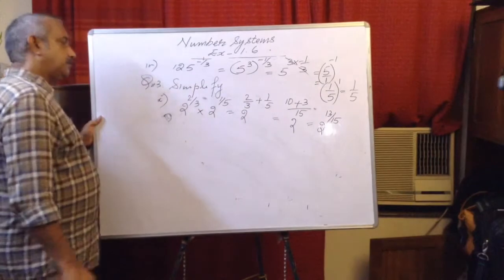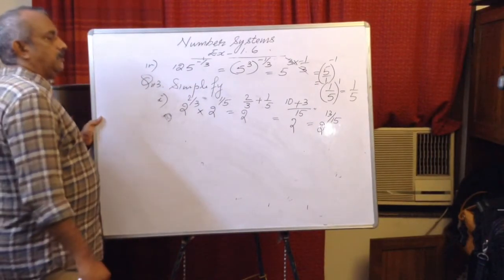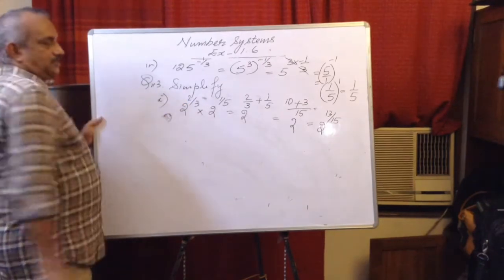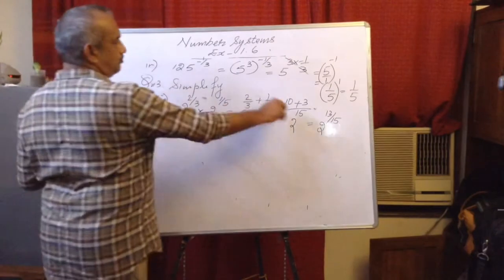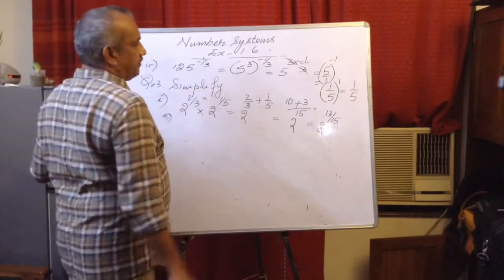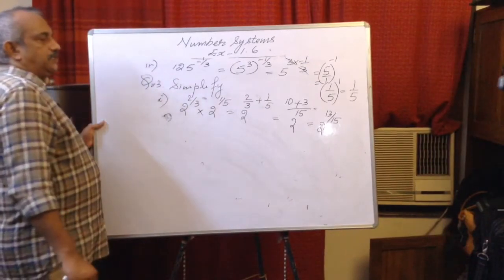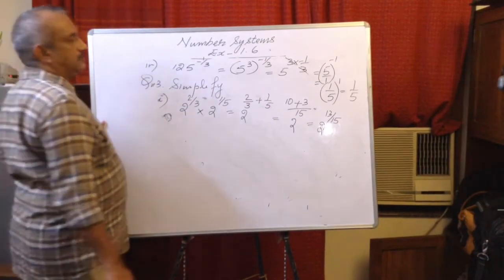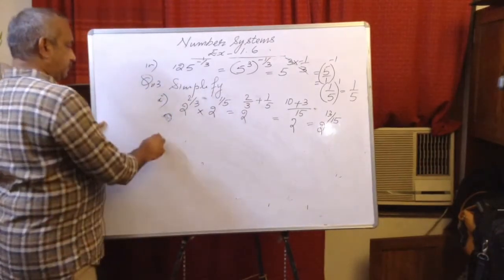Check once again. 2 raised to 2 by 3 into 2 raised to 1 by 5. Now if bases are the same and operation is multiplication, powers will get added. So 2 by 3 plus 1 upon 5. Take LCM, 3 and 5, 15. 3 5s are 15, 5 2s are 10, 1 3s are 3. So 13 upon 15 is the answer. Now second one,